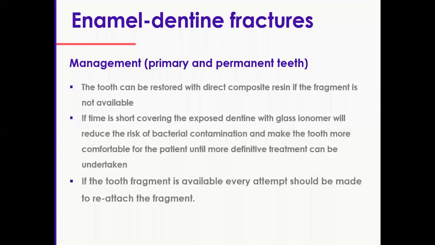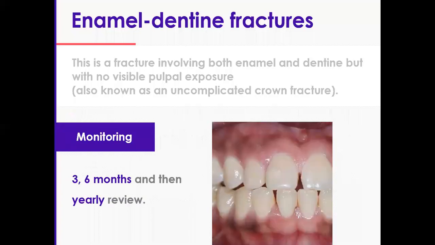Remember, now the dentine is exposed. So it's not just a little chip on the enamel. You've got the tubules exposed, okay? So there is risk of pulpal contamination. So make sure that you cover these as soon as possible, but also before you do your bonding, make sure you decontaminate the surface with sodium hypochlorite, okay? You can then monitor in 3, 6, and 12 months using the clinical and sensibility testing in 3 months and introduce a radiographic assessment in 6 and 12